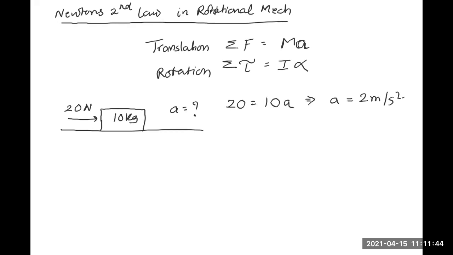In exactly the same way, we are going to find out the torque on a system and we are going to equate it to alpha. There's a slight difference, however. The difference is that this torque must be defined about a point. So you cannot simply say that the torque on an object is 500 Newton meter. Right? We have discussed this.